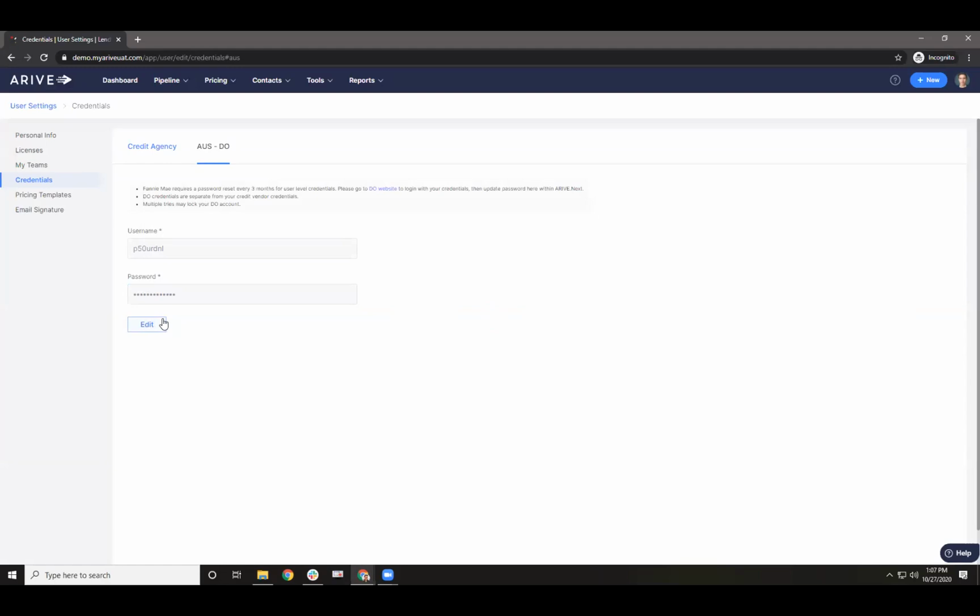When that change occurs on Fannie's side, there's no way for ARIVE.Next to know when that happens. So you need to basically take those updated credentials and re-enter them into the settings here,